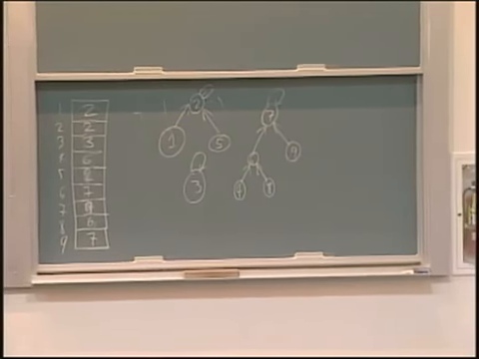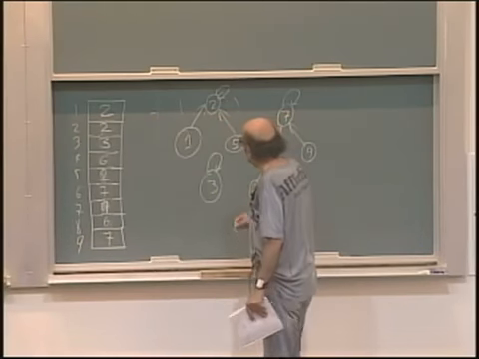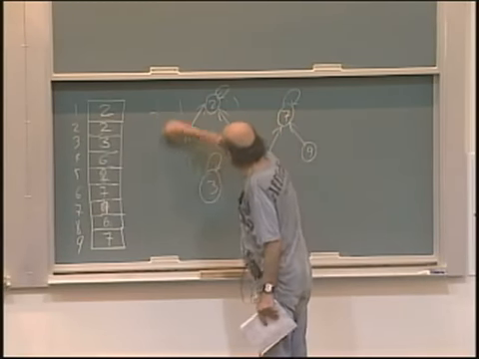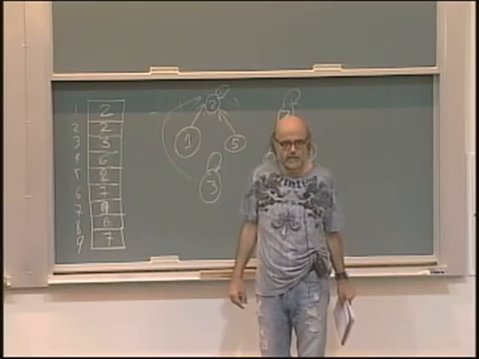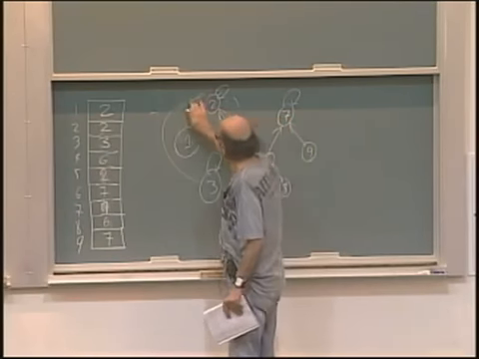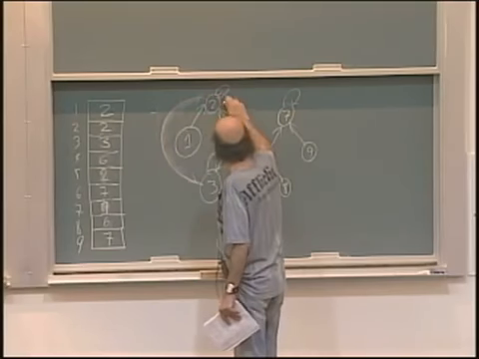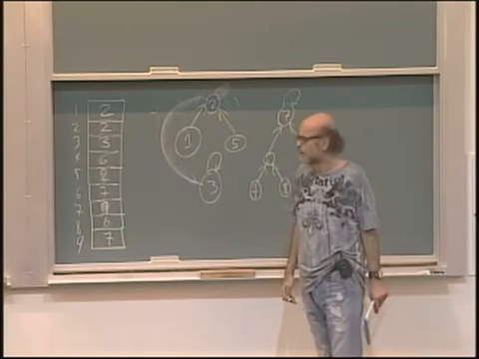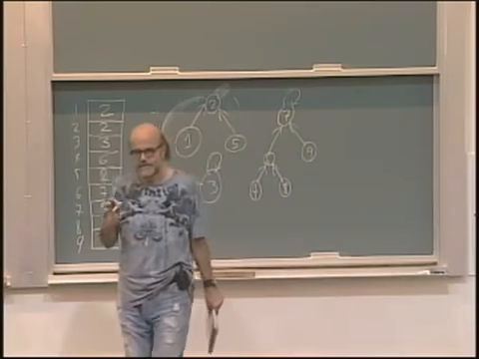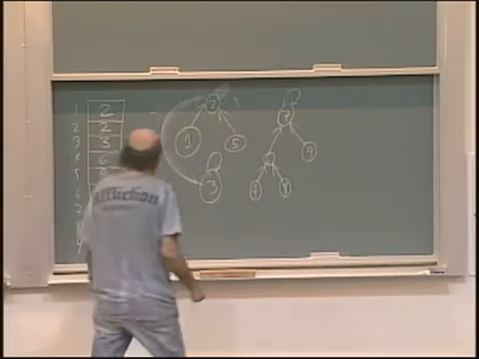For example, here, union 1 and 3, one way to implement it would be to do this. Okay? Or this. All right? And that's an interesting point. You have a choice here. So let's see how we do